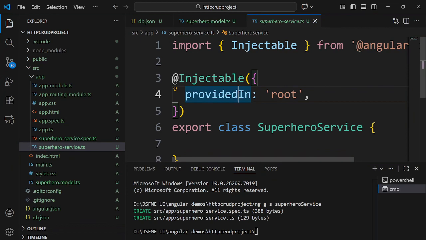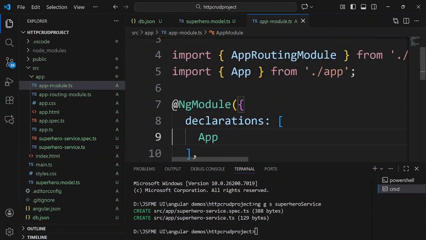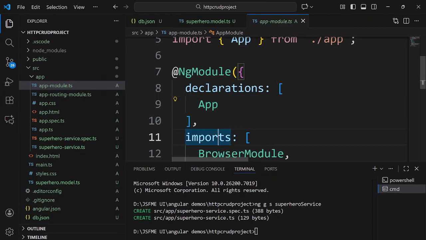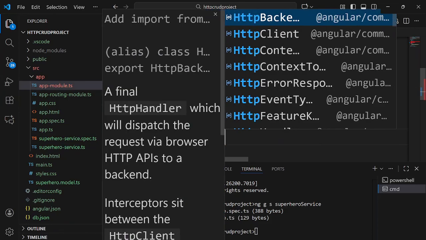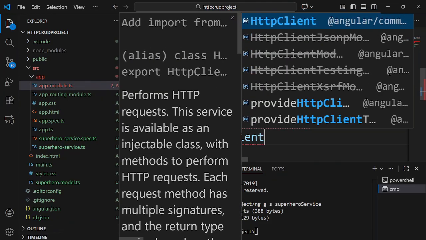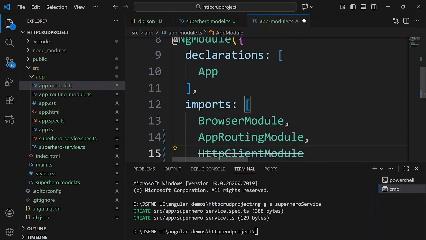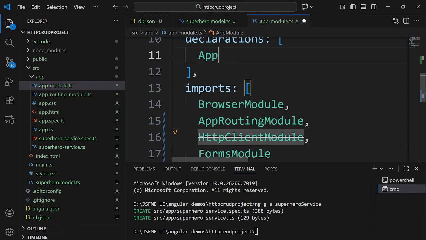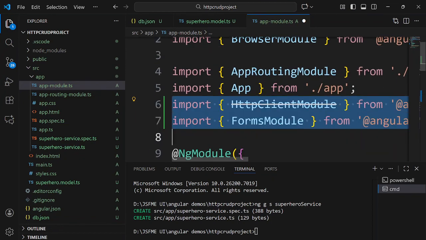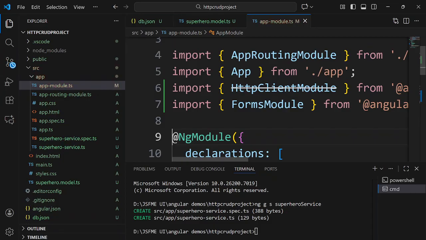Now in this service we know that we need an HTTP client. So because we need an HTTP client, we have to add that particular module in our app.module.ts, right? So in the app.module.ts, since I have already come up here, I know that I would be requiring an HTTP client module. So I'll take that HTTP client module. With HTTP client module, I would also require a forms module. So that is something which I am importing now itself. So HTTP client module is there, forms module. So two things are added. We are done with the app.module.ts. So let's go back to the service,